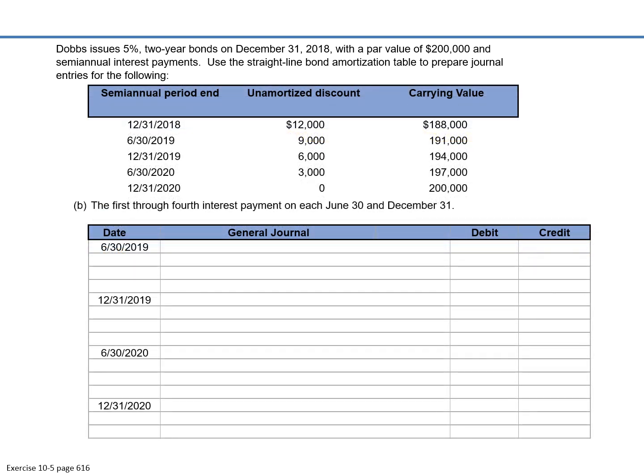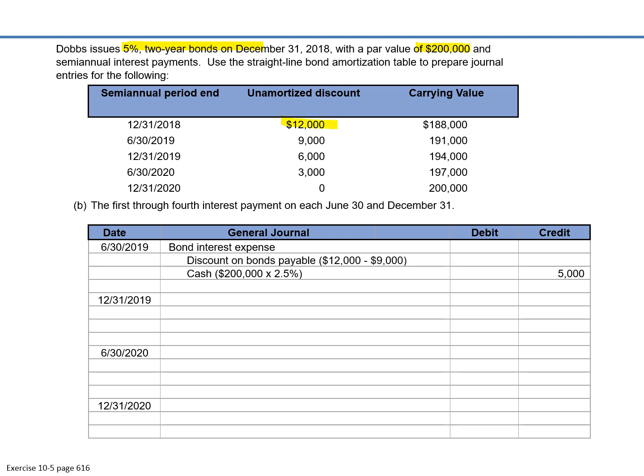Then in B, they want us to record the first through the fourth interest payment on June 30 and December 31st. Well, we know we have a debit to bond interest expense. We know we have a credit to cash. The cash that we're going to pay our bond holders is going to be our par value of 200,000. We have a 5% annual rate. So 2.5% is going to be our semi-annual rate, right? 2 payments in a year. So we're going to have cash out the door of 5,000,